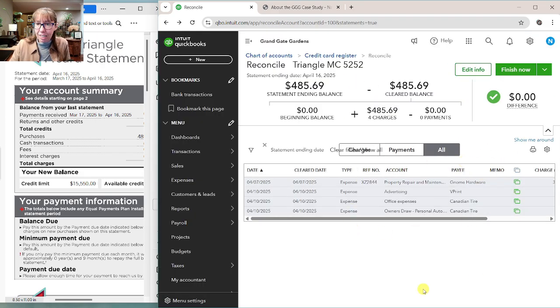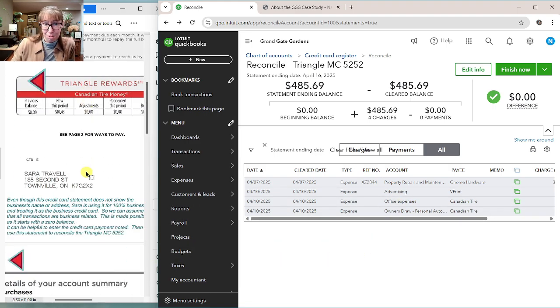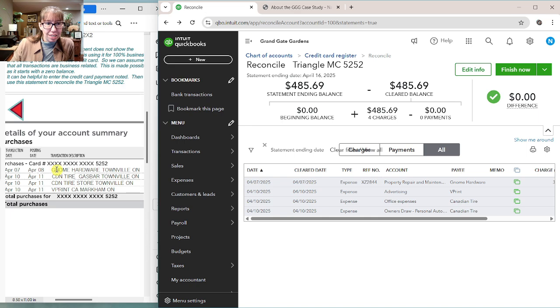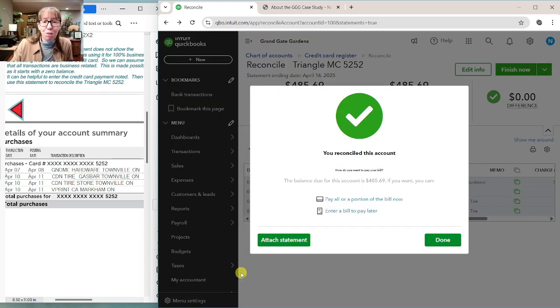So we're going back in here, and again, that's the beauty of the reconciling when you're using a bank feed: we're done. You can see that there are the 4 transactions: Gnome, 2 Canadian Tires, and a Vistaprint. Finish now. We're done. Now it does ask if we want to attach the statement, and if the statement isn't